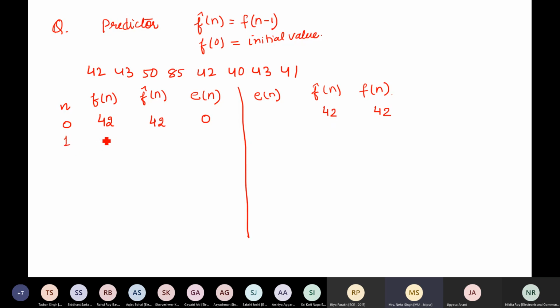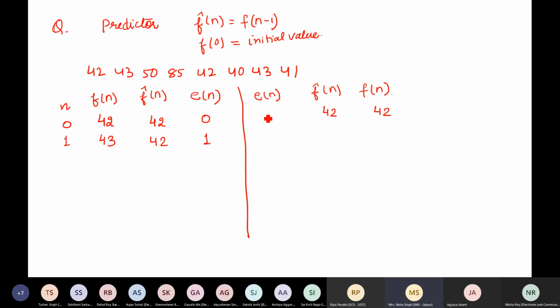At n equal to 1, what is the value that is read? It is 43. F cap is the predictor. Predictor says for n equal to 1, f cap 1 equals f of 0. So what is f of 0? 42. So f cap is expected to be 42. What is the error? This is equal to 1.